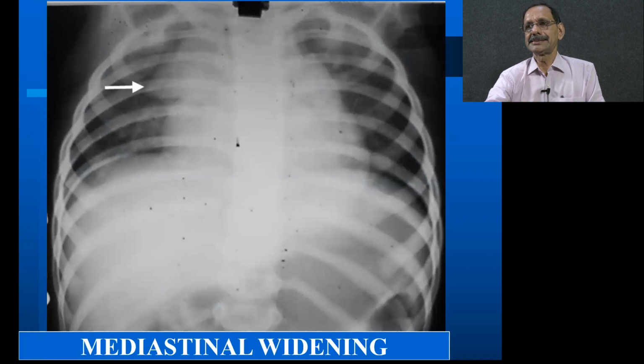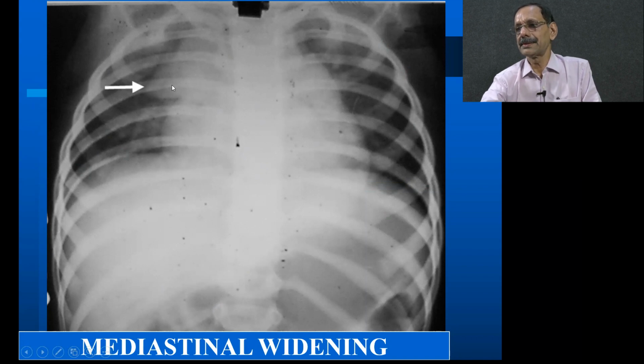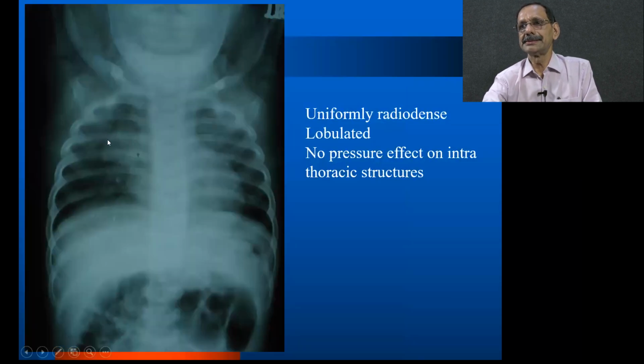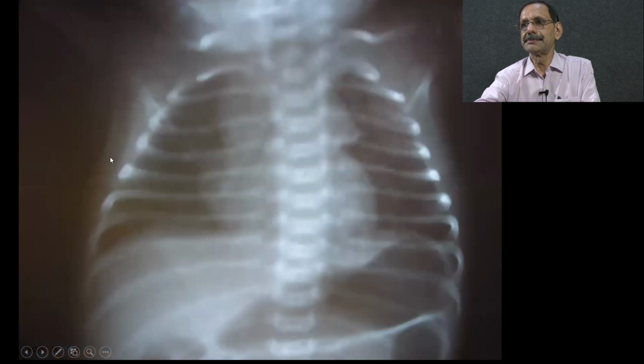Now coming to the mediastinal widening, this is the typical sail sign of thymus, and this is again thymus only. It is a uniformly radiodense shadow and lobulated. No pressure effect on any of the intrathoracic structures, and those are the characteristics of thymus. This is again the sail shadow here,